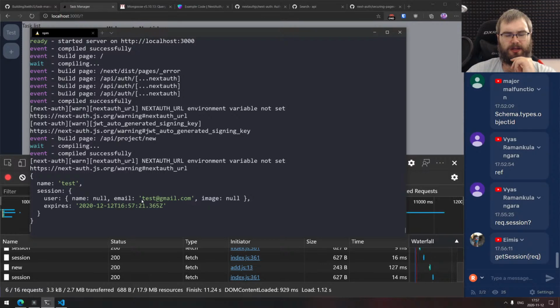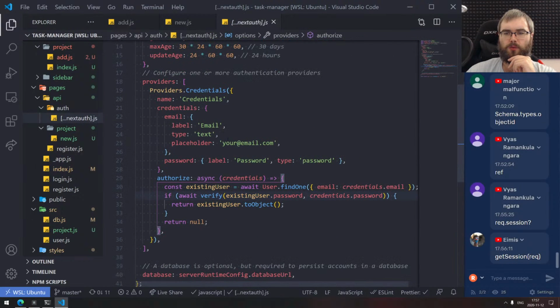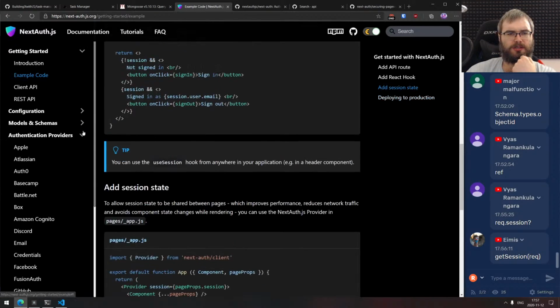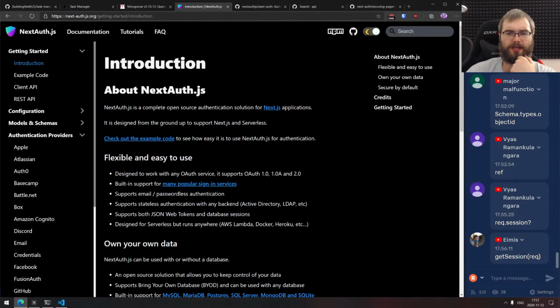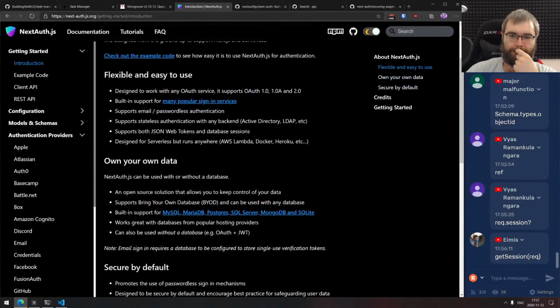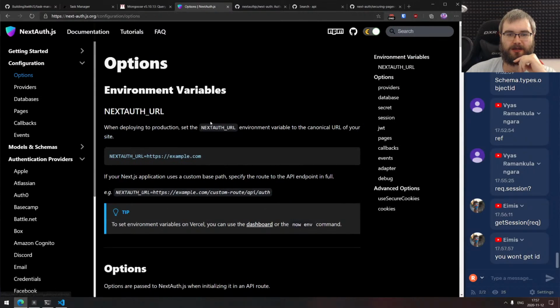Okay, so when you have email there, where's my ID? No. Wait a second. Why is authentication? Why is my, where's my ID? Credentials, email, password. Huh. Is there like a limited set of fields it supports? What is going on here? Why won't I get ID? I need my ID. Is there like a separate config that you can tell it to basically